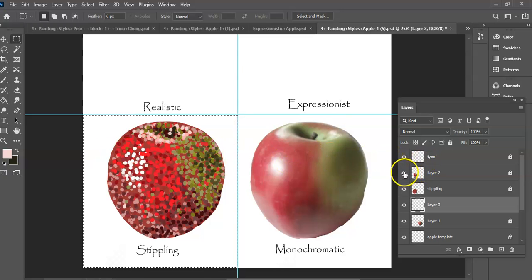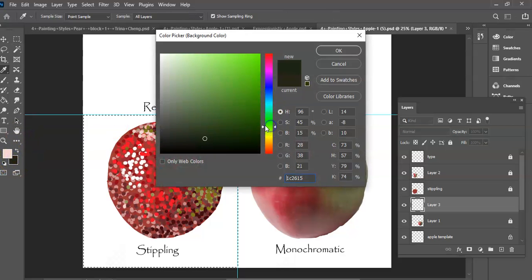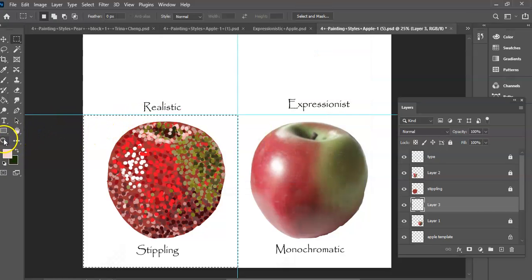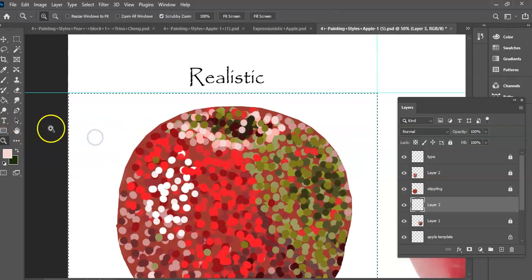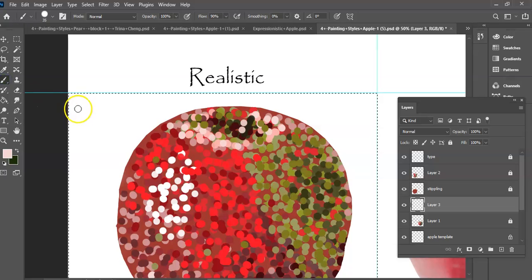Okay, so I've got a lot of space to fill here, and I'm going to show you a quick way to do this without just adding your shapes, or the dots, in there. So let me pick a dark color here. I'm going to show you an easier way to do this. So I'm going to zoom into the corner here, and I'm going to make a group of dots. Oops, I'm sorry. Let me go back here. There we go. So I'm going to make just a kind of, not random, but